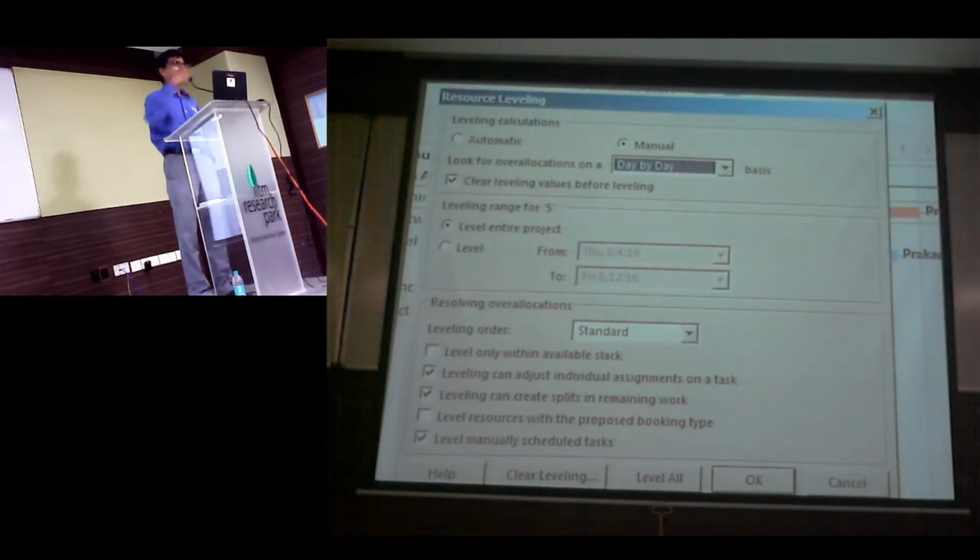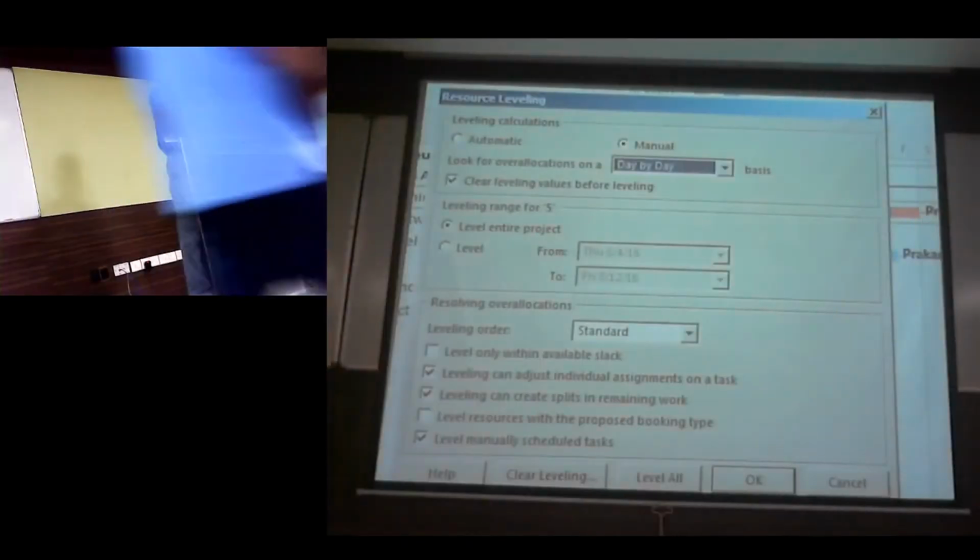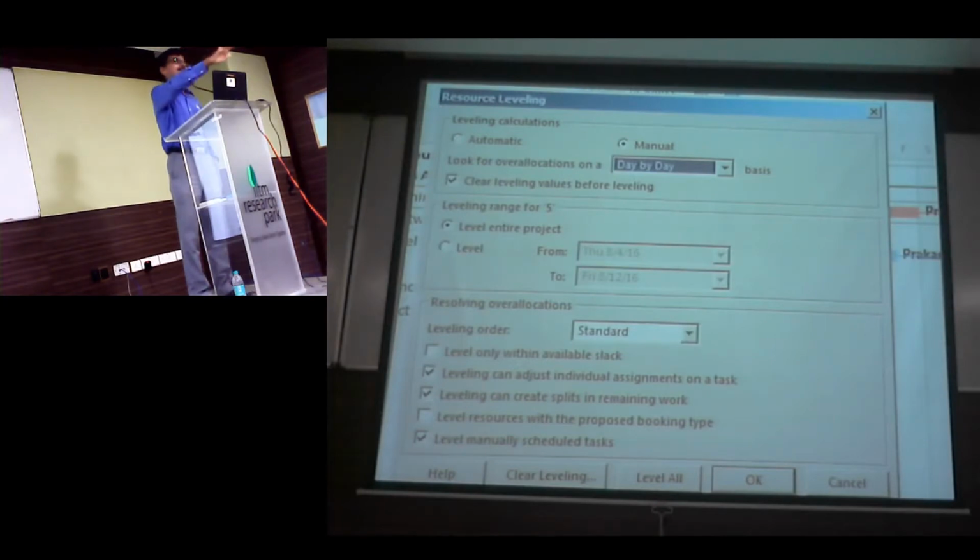So every time you open a plan, make sure that the setting is right, because for some plans you might want to have it week by week, and for some plans you might want to have it day by day. Project is confusing: a few settings get saved in the file itself, and a few settings are saved in the registry. So this is saved as a part of your registry and not as a part of your file.